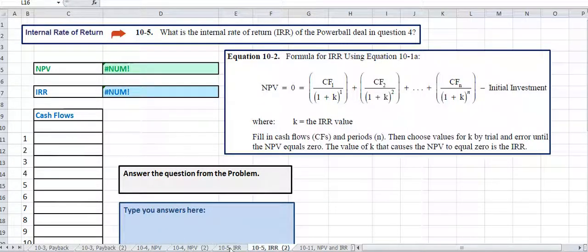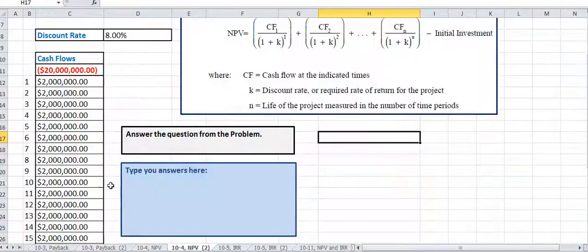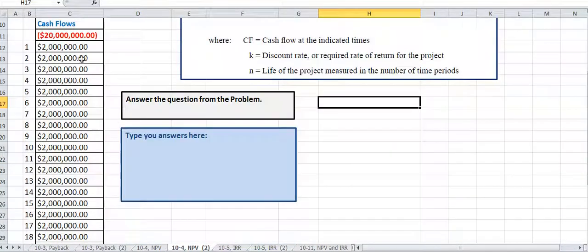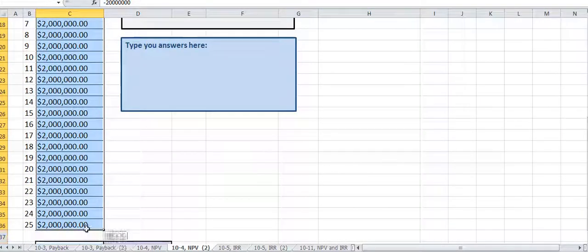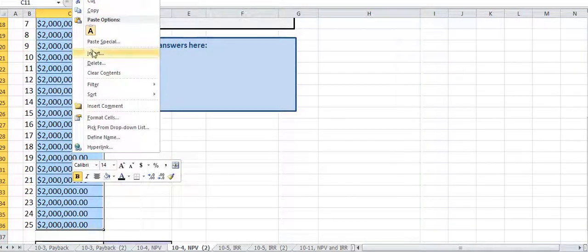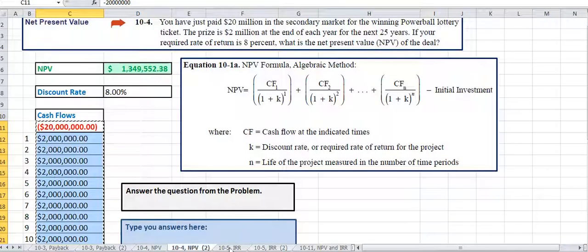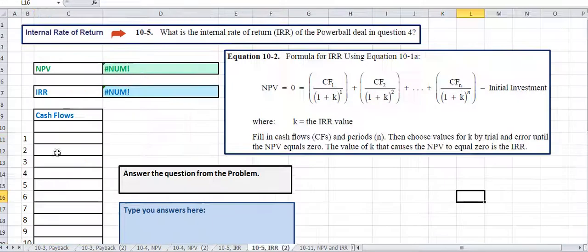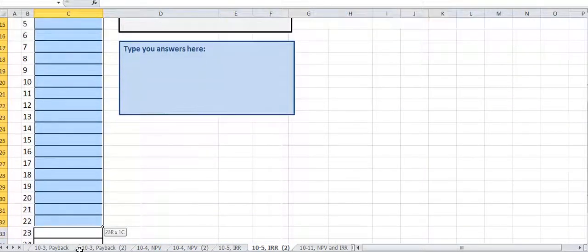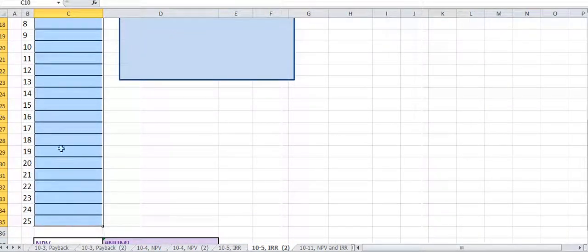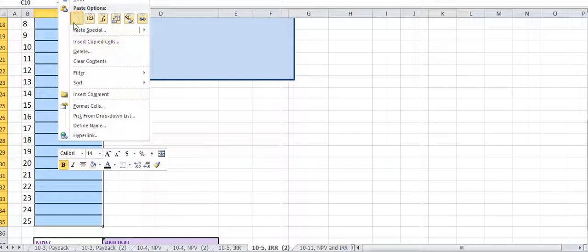Okay, so what we're going to do here to make this easier is it's the same cash flows. So I'm just going to jump back over here to problem 4, go all the way down through year 25 and copy that. Then come back to 10.5 and put the same cash flows in. And I've got the formulas here for the